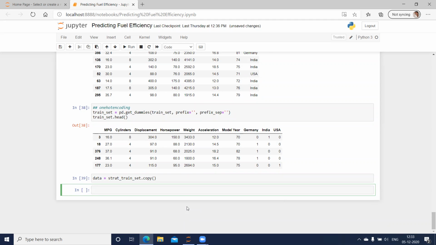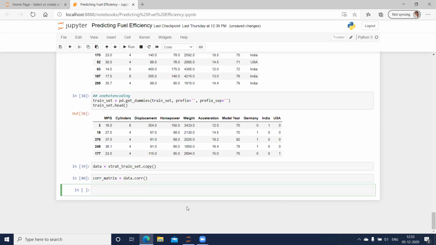Now let us use this information and check the correlation matrix so that we can find out which columns I would like to refer to. To check the correlation, I can create a correlation matrix which is equal to the data name plus corr. And if I want to display this for the matrix, I'm not going to display the whole matrix. I want to refer to